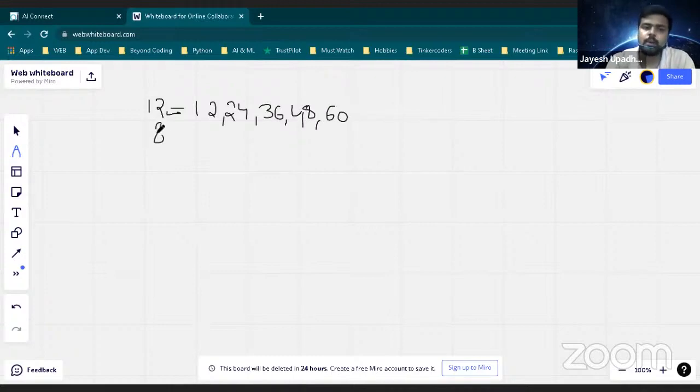Then I will find the multiples of 8. So that will be like 8, 16, 24, 32. These are some multiples of 8. Fine. Now let's say I want to find the lowest common multiple. You can see that we have done it in our smaller classes, that this 24 and this 24 both are common, and that's why they are the common multiple. Okay.